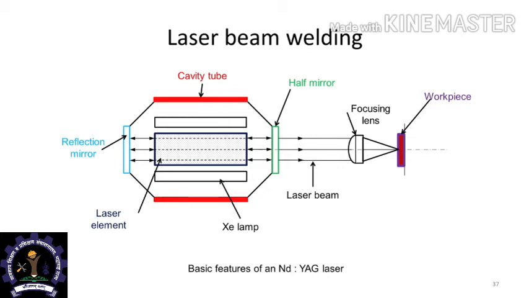So, there are situations where the delivery of the laser is fiber delivered, in which case the torch or the laser focusing lens assembly can move, and in the case it is not fiber delivery, then the lens is fixed in space and it is the workpiece that is moving to create the path where the welding is going to take place. And both electron beam welding and laser beam welding are situations where the heat source can be focused significantly, so that the heat energy density distribution is very sharp, which means that you could have an extremely high rate of heat input to the material.